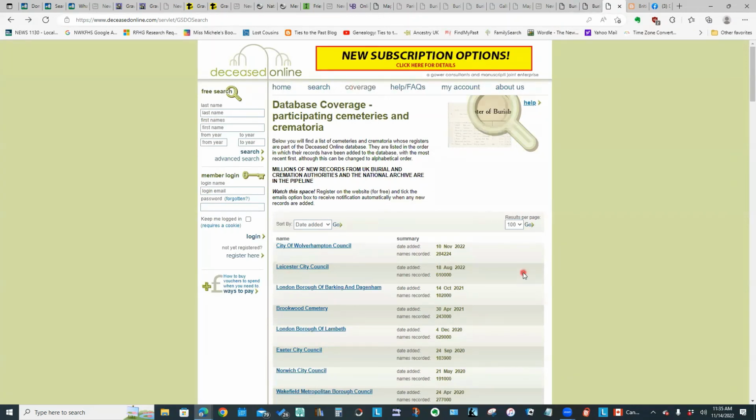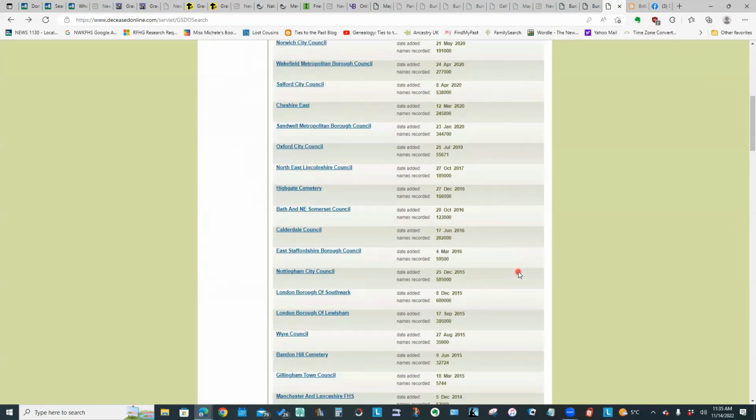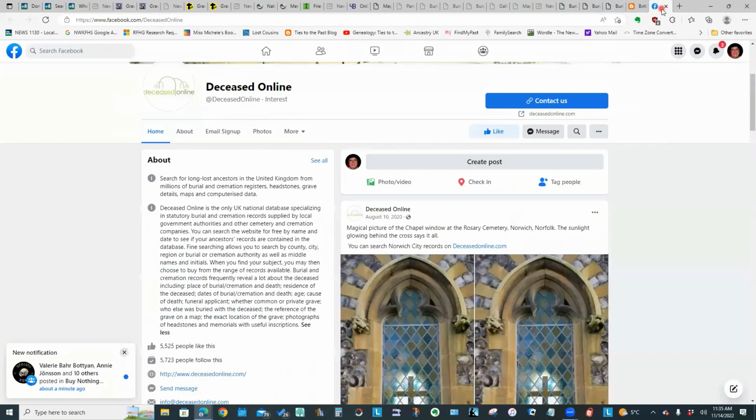It will tell you which cemeteries and how many names have been uploaded into this website so that you can get a good idea as to whether your ancestor might be listed in those records. They do have a blog for the website, and this one does have a Facebook page as well. So again, those are some other useful resources when you are looking for your ancestors' graves.